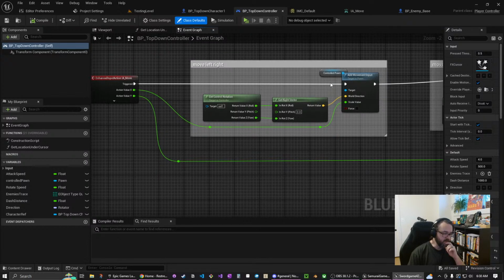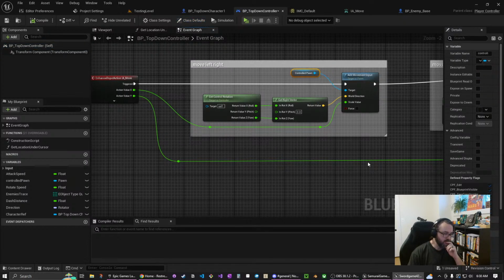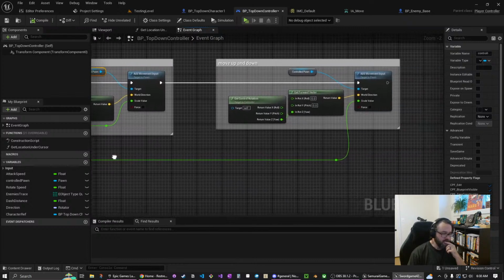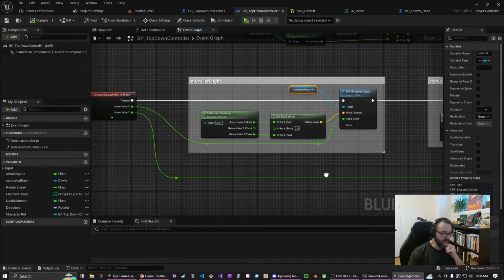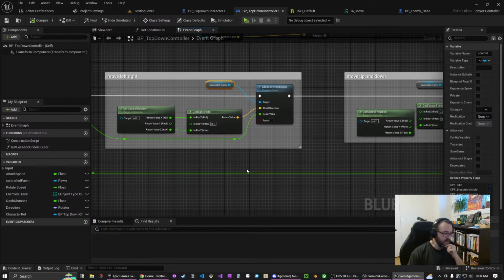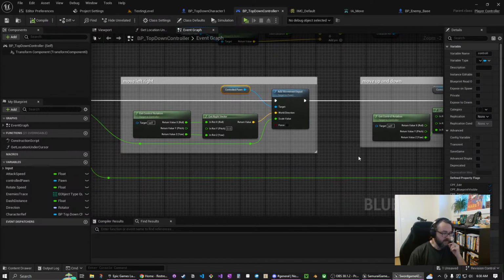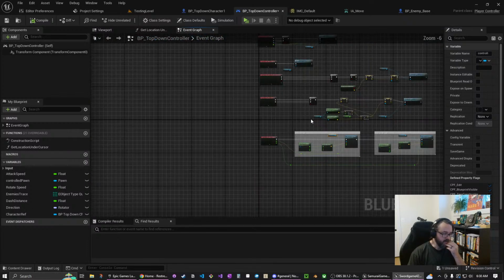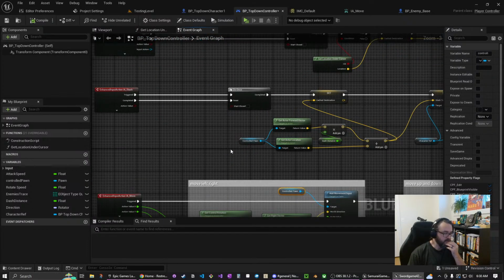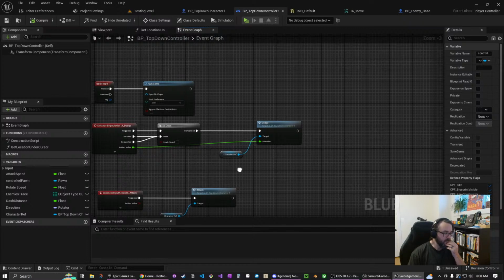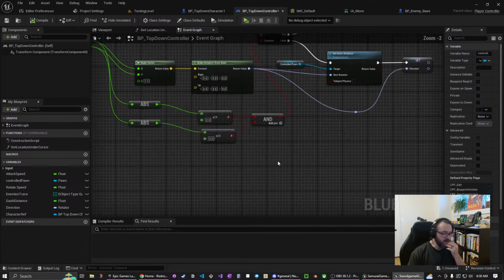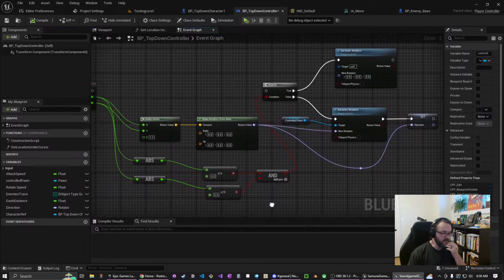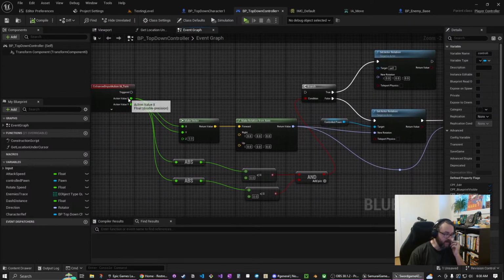So you see the movement is all the same as before, and we don't really have a thing that's setting the actual rotation here. Let's look up here. So I have this